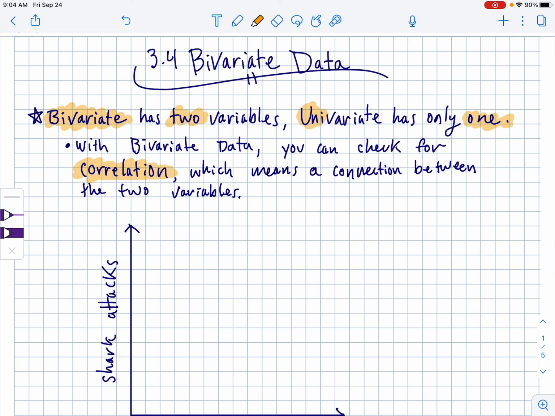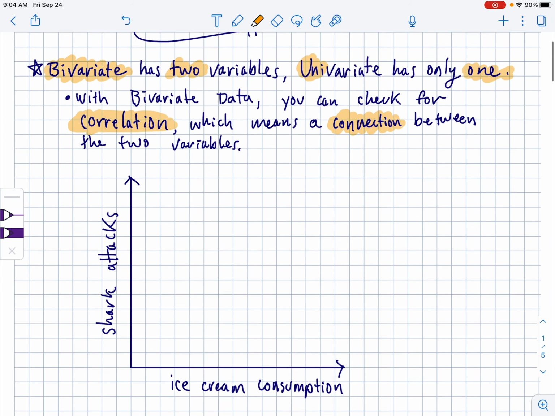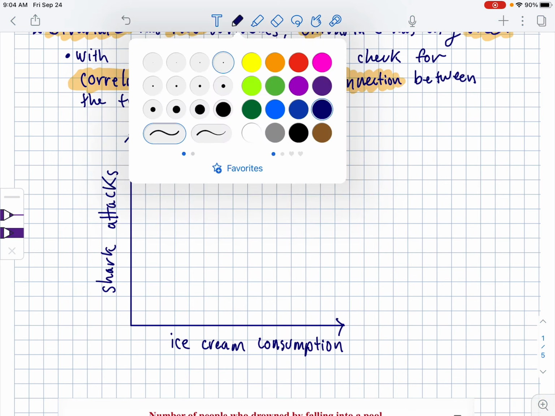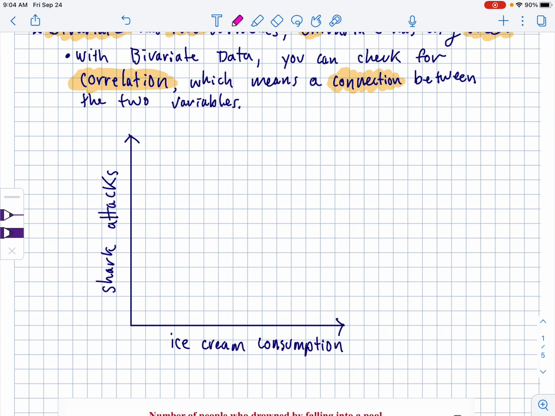Whenever we're talking about bivariate data, we can talk about the correlation between the two. Today we're going to talk about some basics of correlation, and then in the next learning target we're actually going to get deeper into correlation. It's all about the connection between two variables. One of my favorite examples of correlation is ice cream consumption and shark attacks. It is 100% true that in coastal towns, the more ice cream is consumed in the town, the more